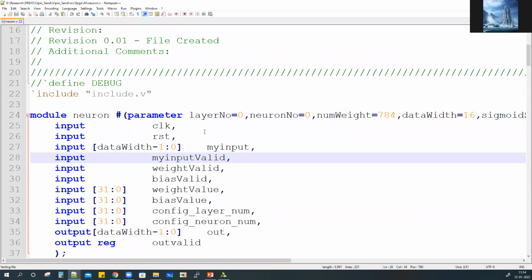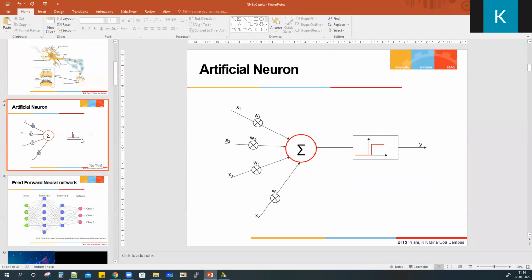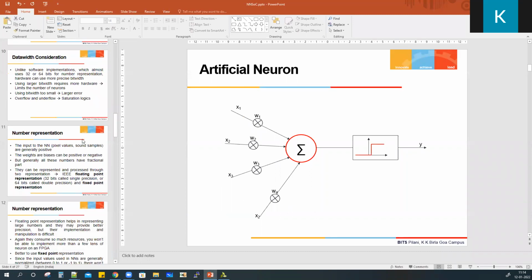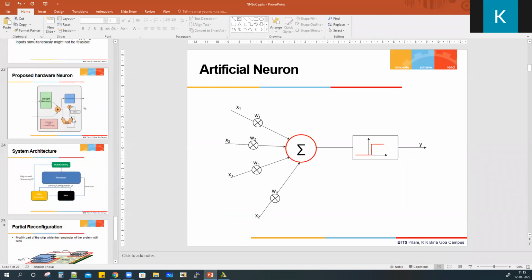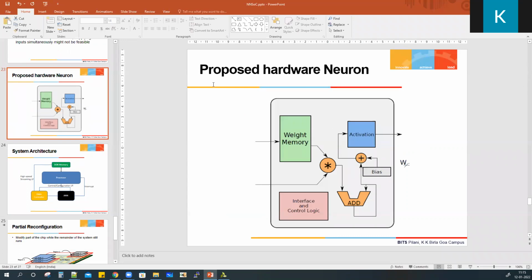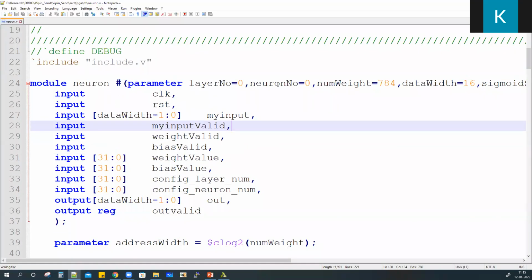Okay. So this is the neuron model that I have discussed. All the code is freely available. I will give you the link also towards the end. So here you can see everything is parameterized, because later we will see there is an automation platform on top of it which will configure all these parameters. That is also Python based, which we will discuss in the next session. But basically, always parameterize everything you can.